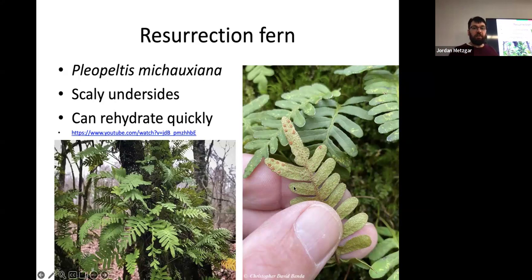So they have real scaly undersides. So the little brown dots on here are scales. The big brown dots are those little sporangia neighborhoods, the sori. And these little scales, the little dots that are all over the bottom of the leaf, their job is to soak up water. So when this plant dries out, it curls over and gets completely crispy. You would swear it's dead. But then if you give it water, by the next morning or next day, it'll be back to looking vibrant